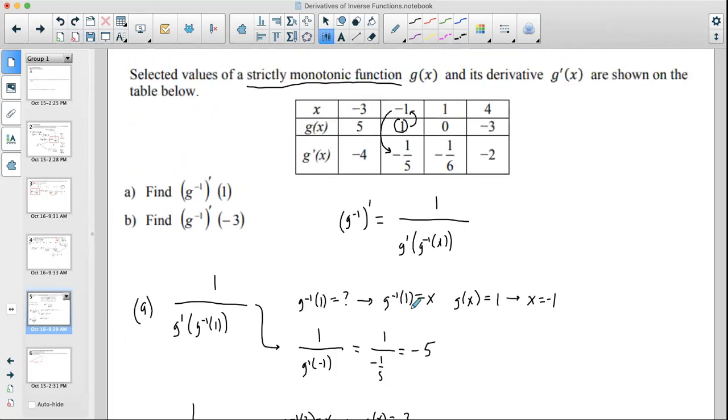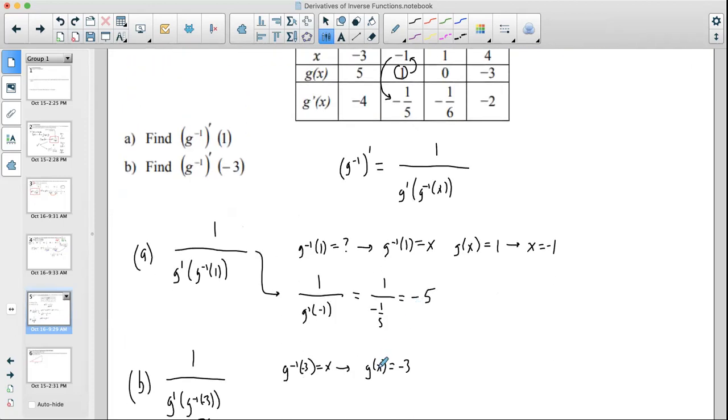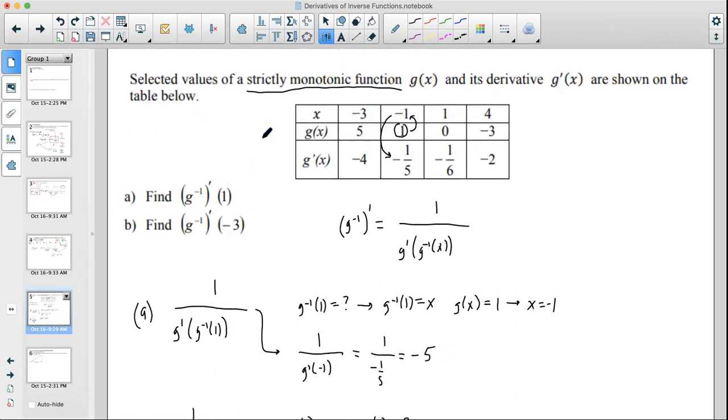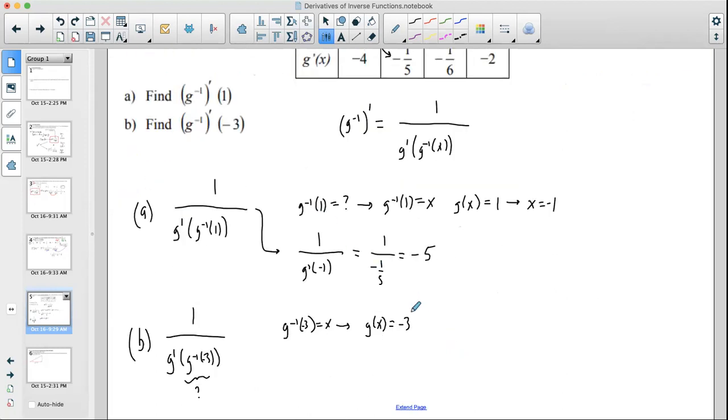So I go back up to my table and I'm like, what value of x makes g of x -3? Well, when g of x is -3, x is equal to 4. So that tells me that g of x equals -3 means that x is 4. So g inverse of -3 then is 4. So this thing leads me to 1 over g prime at 4,